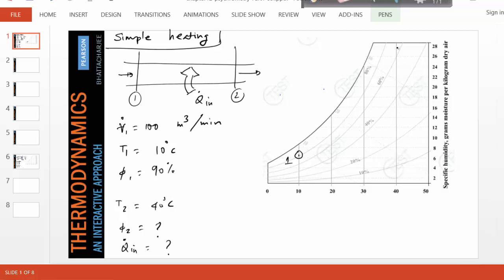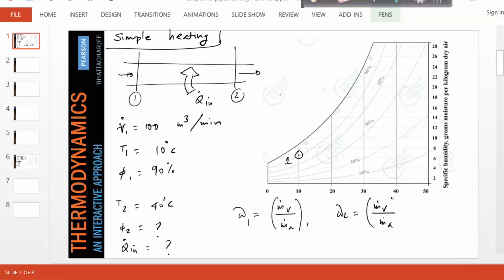Now what's going on here? As we heat the air, notice that at state 1 and state 2, what remains constant? As you recall, omega is given by mass flow rate of vapor divided by mass flow rate of dry air. So at state 1, it's omega 1. At state 2, if you think about it,